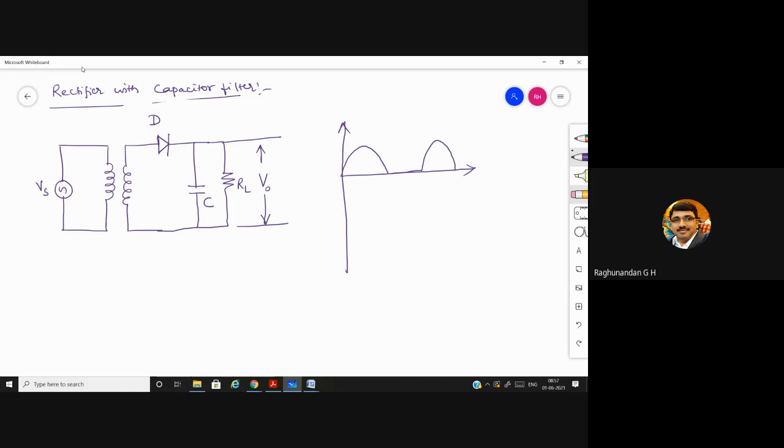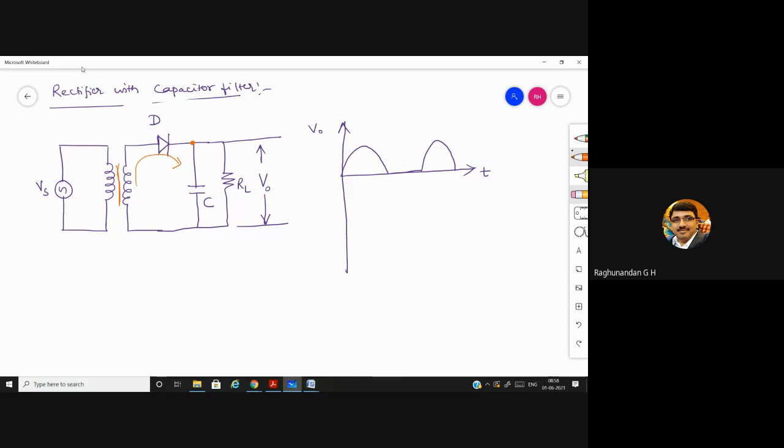So I have directly taken the output voltage. You know that during forward bias condition, the diode is going to conduct and we are going to get this output. During the negative half cycle, we are going to get zero output. So now when it is forward biased, at this particular level, what voltage will be present?